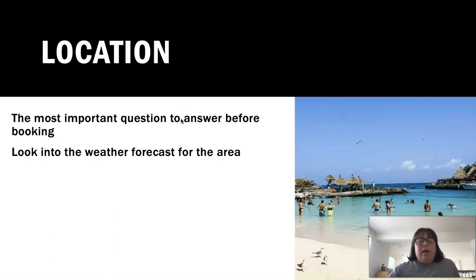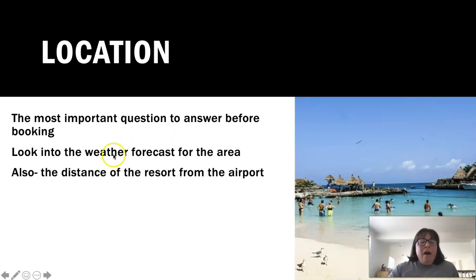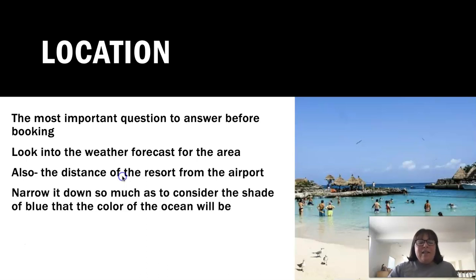And it's important to look into the weather forecast for the area. If you're looking for something warm, you're not going to go to Maine in the winter for an all-inclusive resort. You're going to want to focus very specifically on, say, the Caribbean. Also, you want to think about the distance the resort is from the airport. How far is it to the resort from the airport? Because that will save you time when you arrive. Obviously, you don't want to spend a whole lot of time driving from the airport, and when it's time to go home, you don't want to spend 5 hours in a transfer shuttle if you have an early morning flight. So that's another important